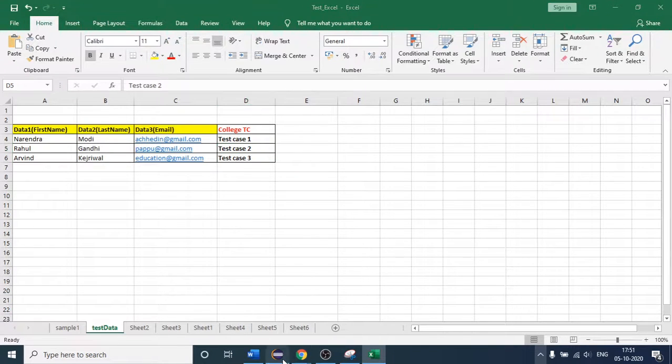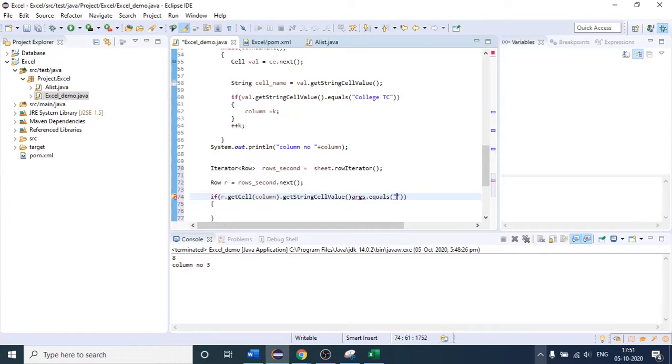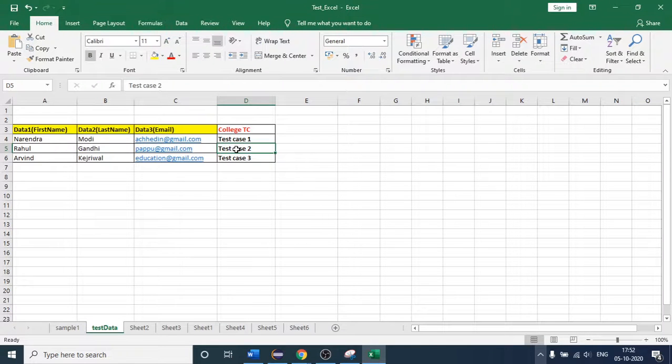So what I will write here is, is it equal to test case 2? If it is equal to test case number 2, then I want to print all the values, or you can say I want to get all the values of my test case in Selenium, right?